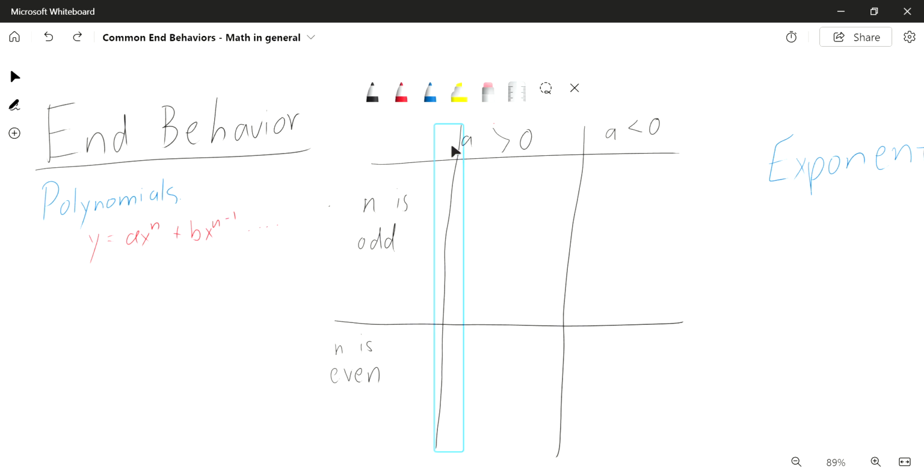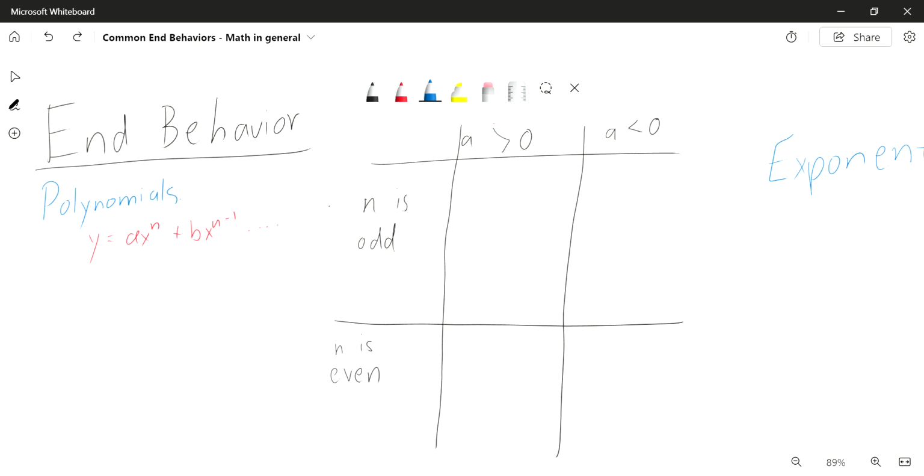So the first really common one that you'll see are polynomials. A polynomial is any function such that all the exponents of x are positive whole numbers. So in this case, you could have a polynomial like a times x to the n, and so on until it gets to some constant, say for example 5, where n has to be a whole number and it has to be positive because otherwise it will not